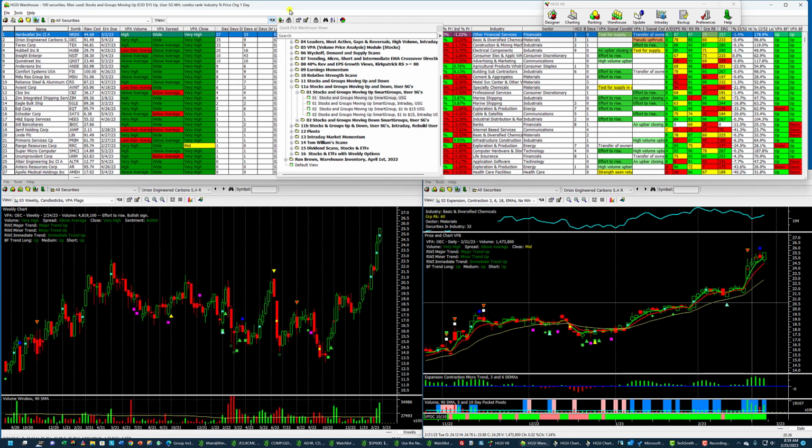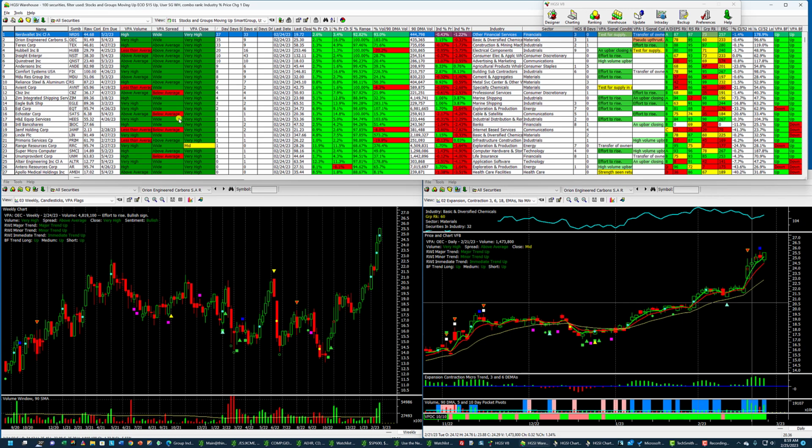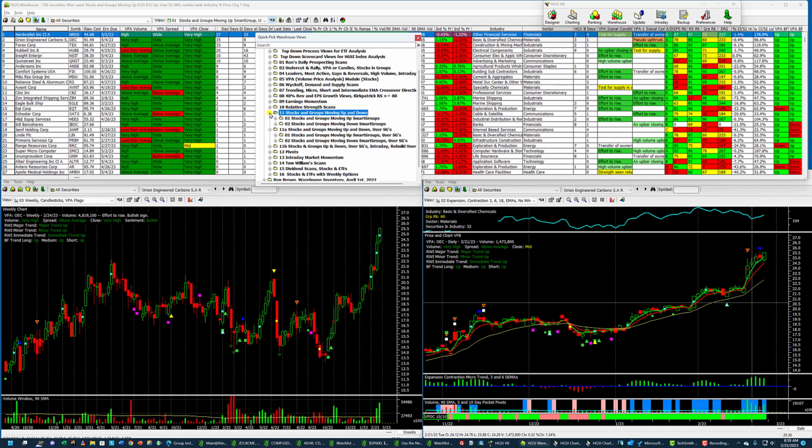So let's see what happens. Those groups that I was just accessing, showing you that if I go to 11A, remember this is the Woodward and Brown stocks and groups moving up. Now I'm in 11A, and I'm going to click on number 1. Now these groups of 100